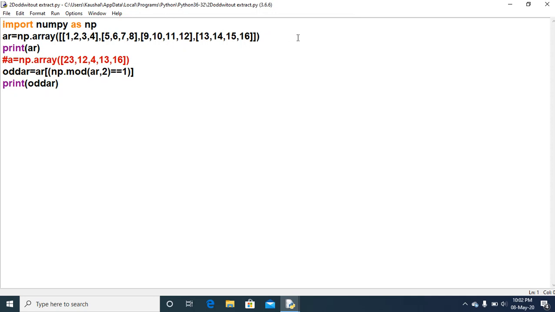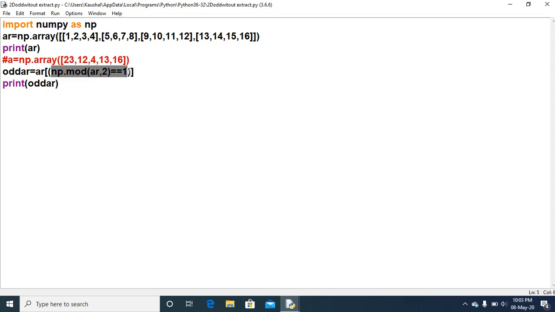The same value I want to return, but without using the extract function. Here I have created the same 2D array, print we have taken. Just simply ignore this line, oddir. And here, how we have used it, we are not framing the condition separately, simply we are writing the condition like that, np.mod ar, 2.